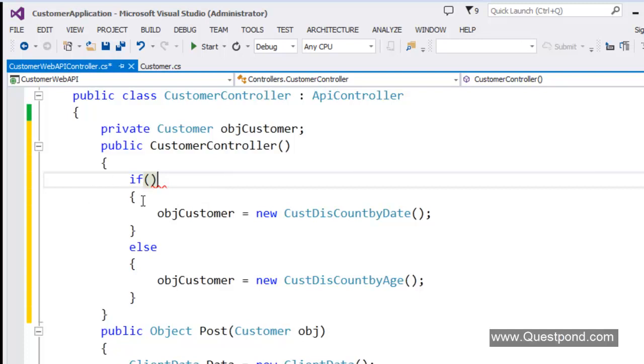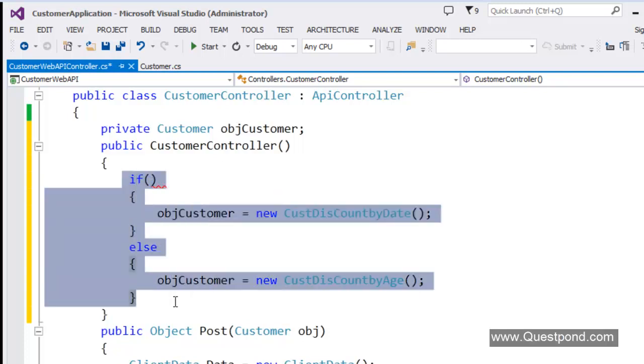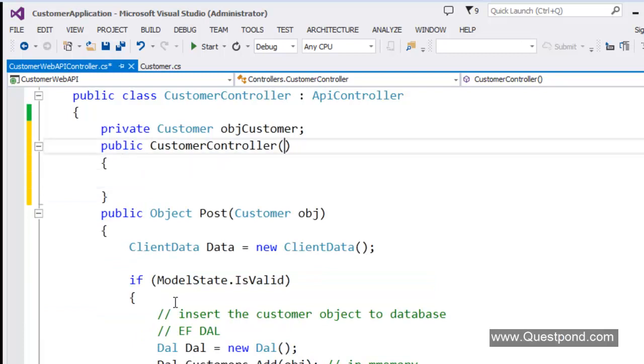In other words, rather than the controller class deciding which customer object has to be created, how about going the other way around? How about saying, okay, I am the controller class, right? But my work is not deciding which customer class has to be created. My work is to take the post request, take the get request, and execute them.